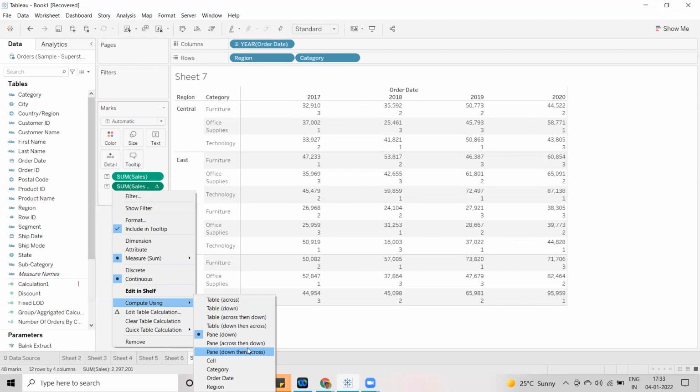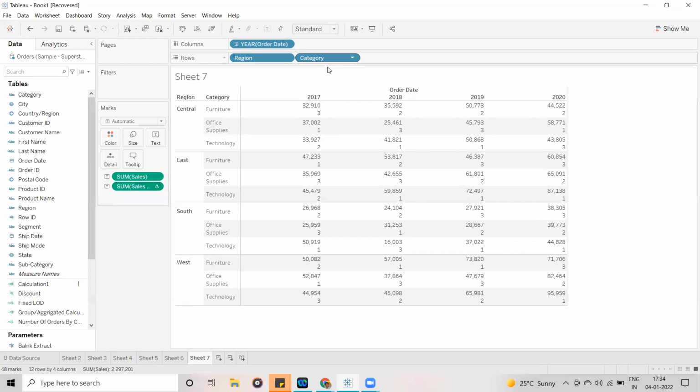I will show you exactly what the difference is between pane across then down and pane down then across when we are doing a running total or calculating the difference. I will show you that one. Okay. For now, let's see this one. Pane across then down means, again guys, pane means you have to remember this is a pane.